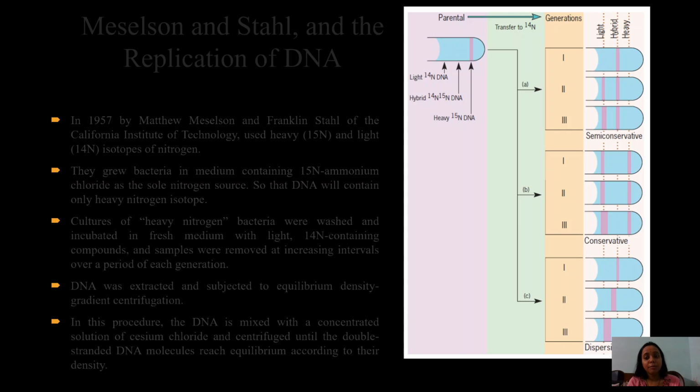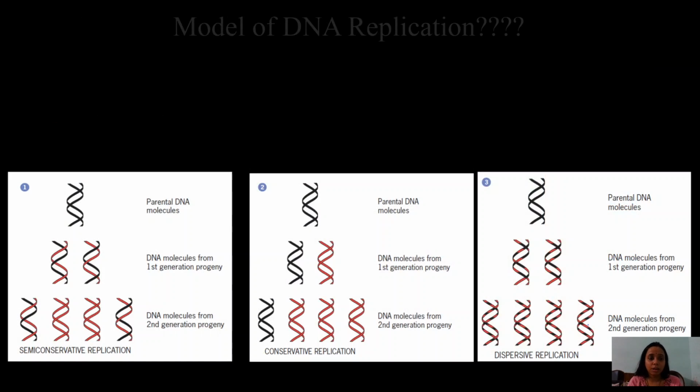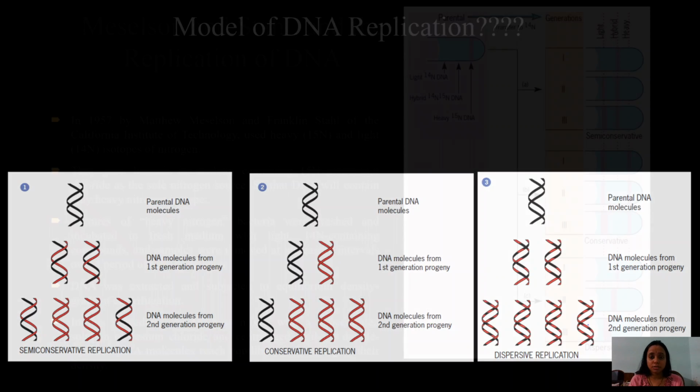Hybrid kind of the DNA. Why? Because if you just remember the previous slide in which I said that this is the parental molecule and this is basically the hybrid kind of the DNA. So why hybrid? Because it is having one strand of 15N and one strand of 14N. You can just consider this particular picture as black one as a 15N, whereas the red one as the 14N. So it will be more clearer to you how this is leading to the formation of the bands in density centrifugation.